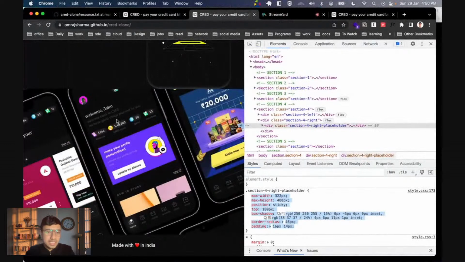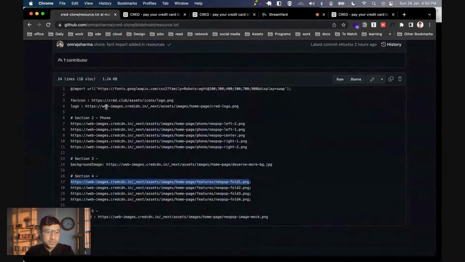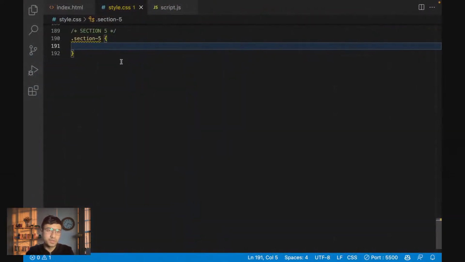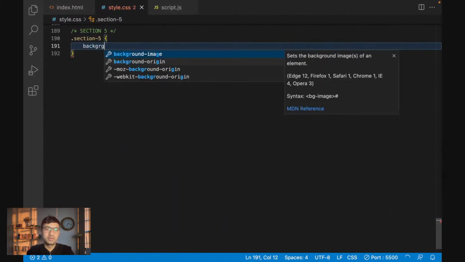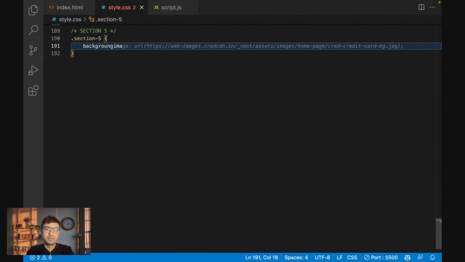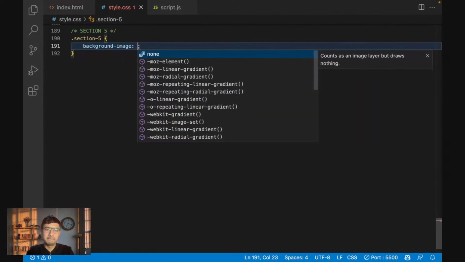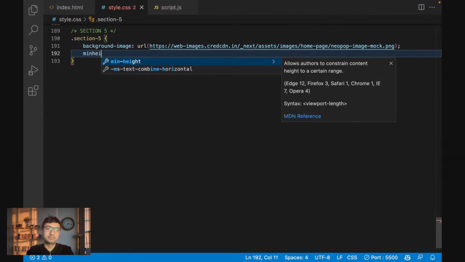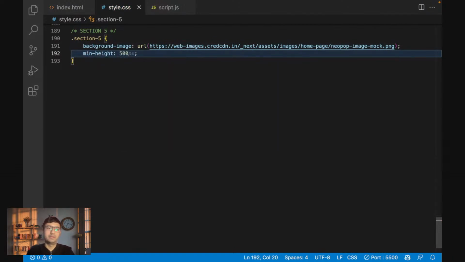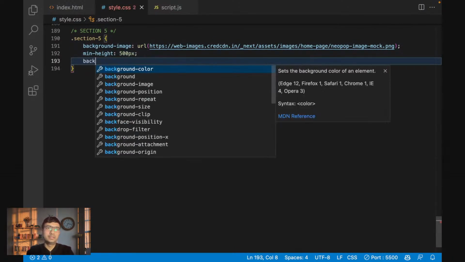So to get this image, if you go inside this resources panel, you will see the section 5 has these amazing resources. So you can use that. So for the background image, you're going to use background, which you're going to use URL and this, and you're going to give it a minimum height of 500 pixel, and background